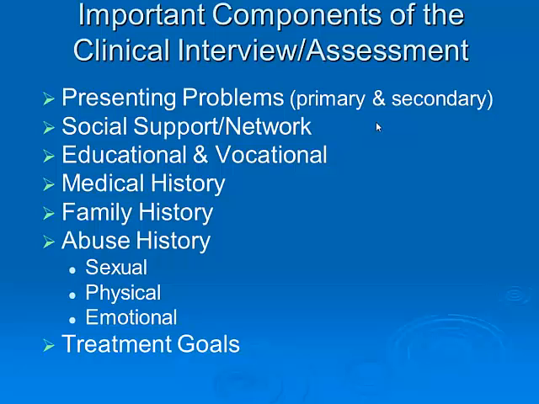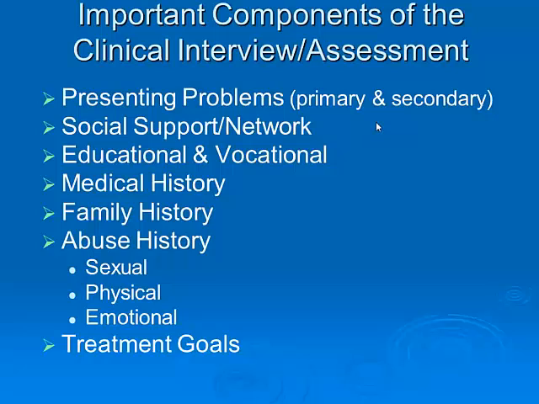And so you always want to get a feel for some of the educational as well as vocational kinds of issues. We know that one's vocation is more than simply the job where they're working in. Our vocation also helps to identify us, and it connects us with other individuals. So educational and vocational issues are also very important to understanding the clients with whom we work and when we are conducting the clinical assessment.